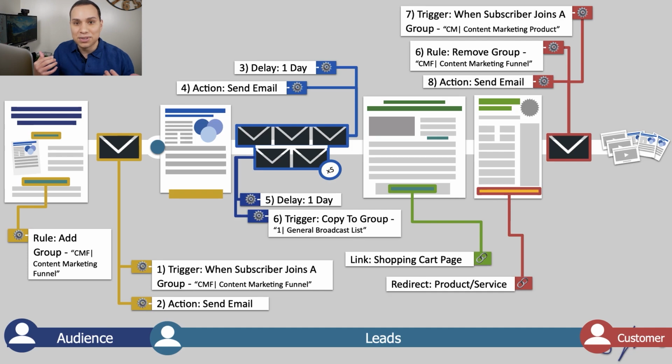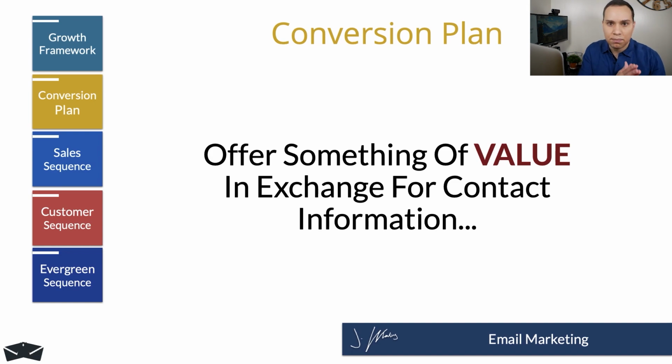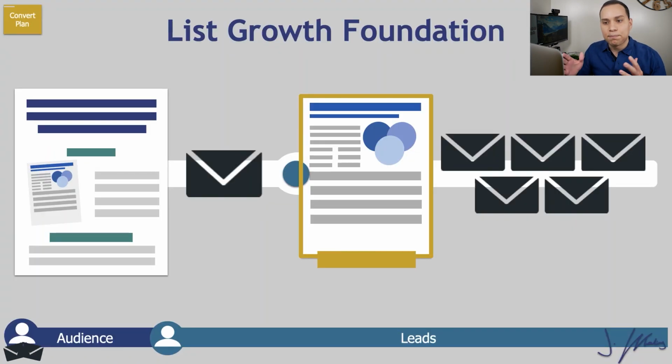So of course, the very first step in this process that you're looking at here is making sure that someone actually enters their name and email in the first place, right? We need to collect that contact information in order for your email marketing to be successful. And to do this, we're going to follow a proven conversion plan. That is a plan to convert all of your audience members and prospects into leads and email subscribers. And the best way to do this is using something called a lead magnet.